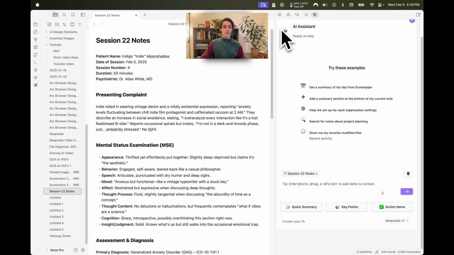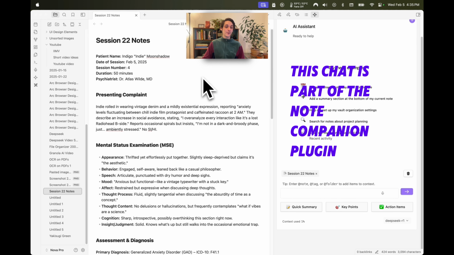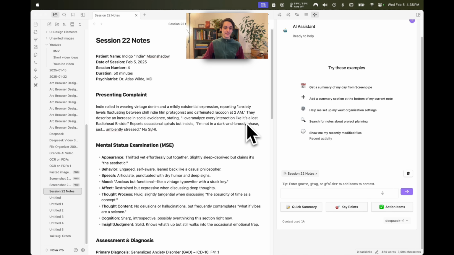Here's an example of a psychiatrist's note, for example, which is typically strictly confidential. If I were a psychiatrist, I would take my notes in Obsidian and I would have a vault specifically for my practice. And I would have my AI chat model set to DeepSeek, as I did here. And after my consultations, I would add a message like this one.